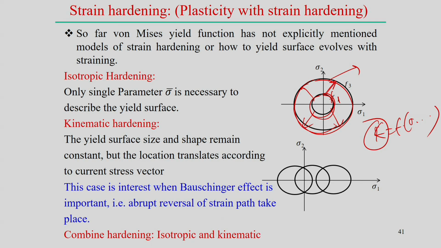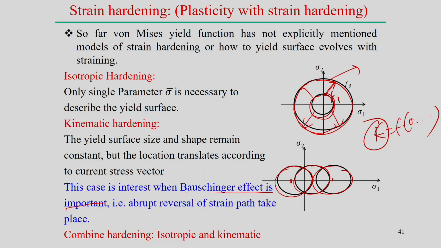Now, kinematic hardening is also possible. The yield surface size and shape remain the same, but the location translates. Suppose this is the initial yield surface. It then translates from one position to another position. Therefore, this kind of hardening effect is called kinematic hardening, and of course this situation arises when the Bauschinger effect is important, or there is a change of the stress state or abrupt reversals of the strain path